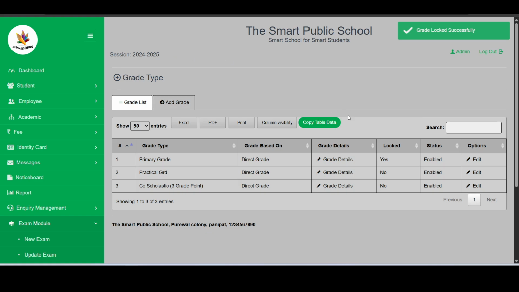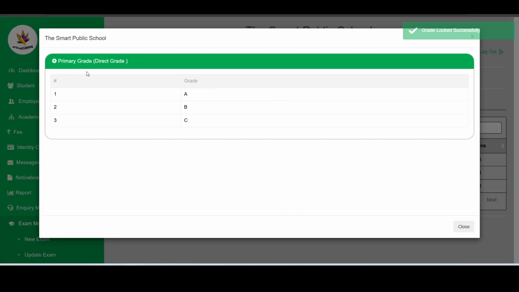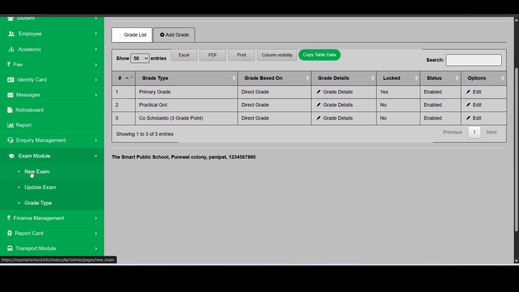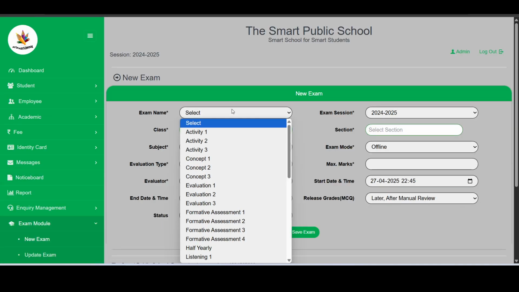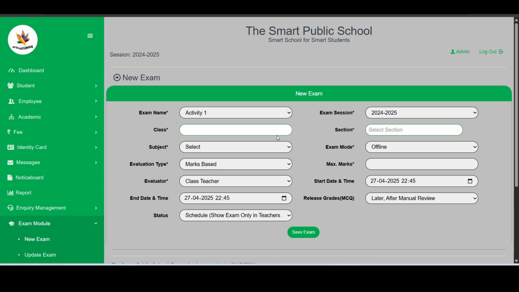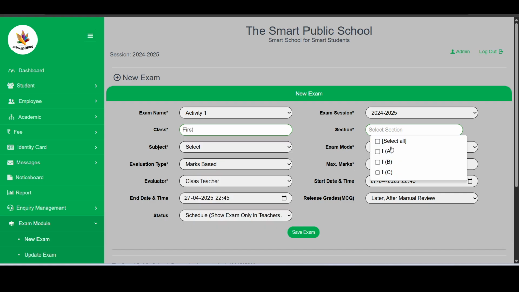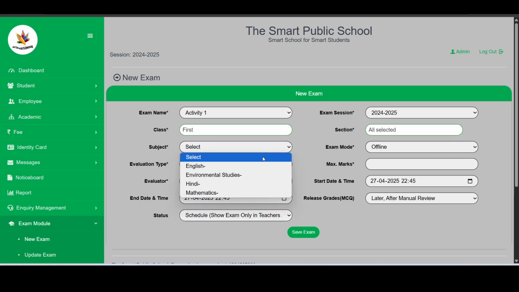When you look at grade detail again, you see there is no edit button. After locking, you can use it in an exam. Now I will create another exam. Go to new exam, and for example I will create an activity 1. Select any class, 1 or 2, and select for example EVS.